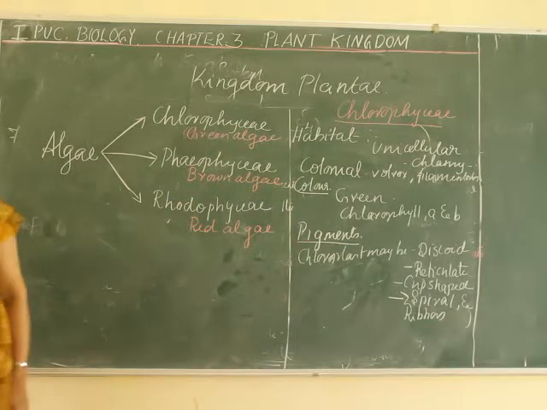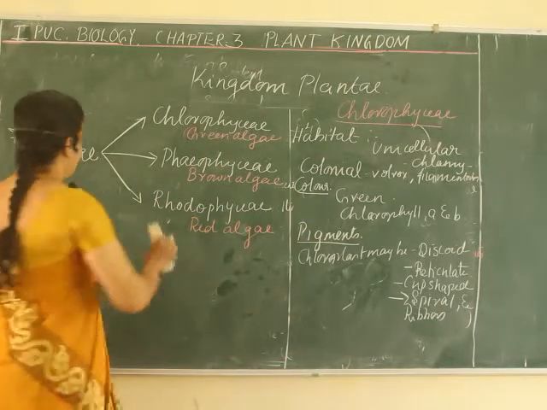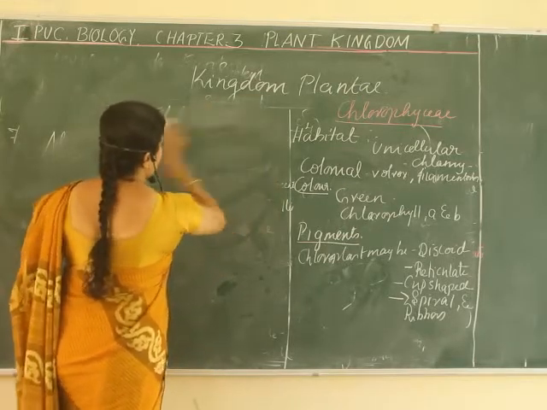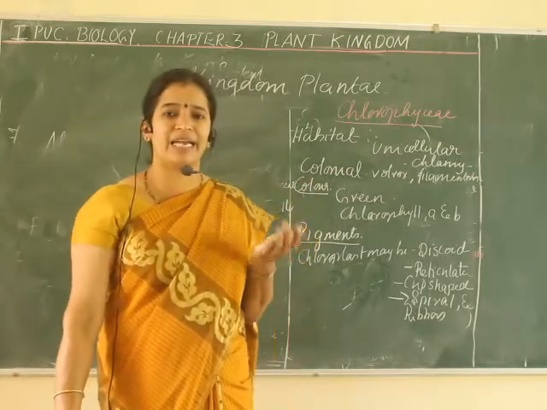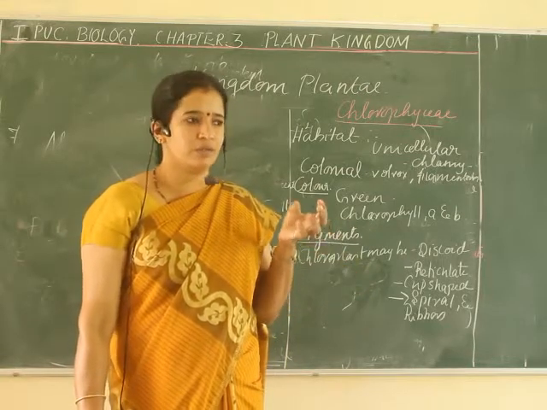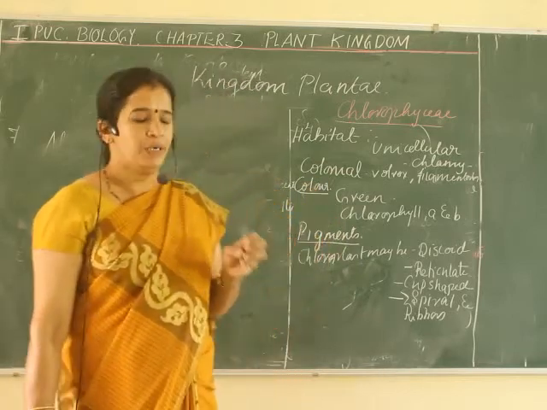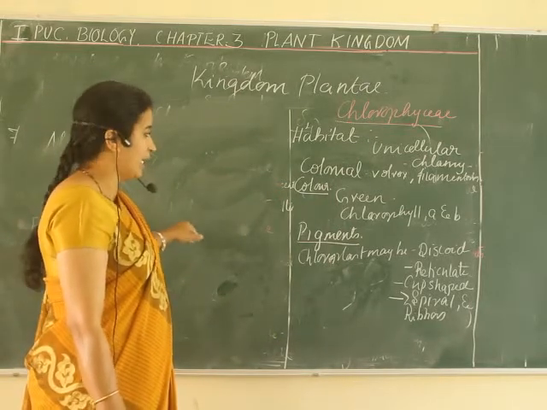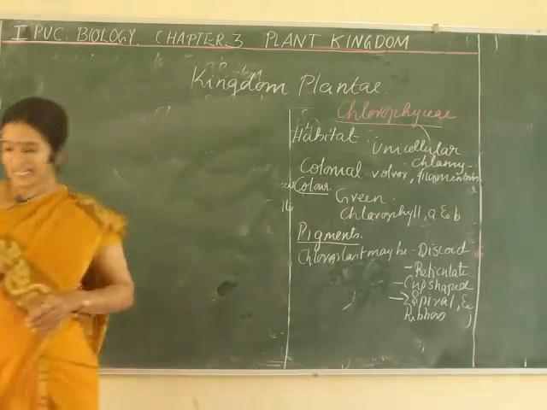Now, how is food stored in this green algae? Another major difference between these three types of algae is the nature of the food stored in them. Food is stored in different forms. For example, in green algae it is stored in the form of pyrenoids. In other cases, it will be stored in the form of laminarin. That term sounds a little tough, but at the end of this classification of all the classes, I'll give some clues or tricks to remember these three types of algae and their characteristic features.